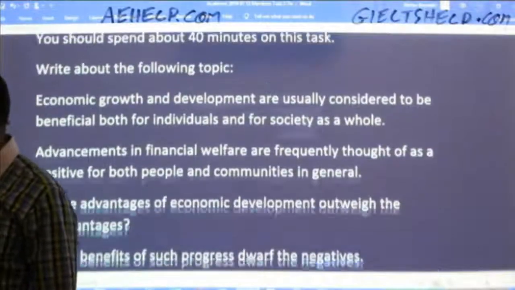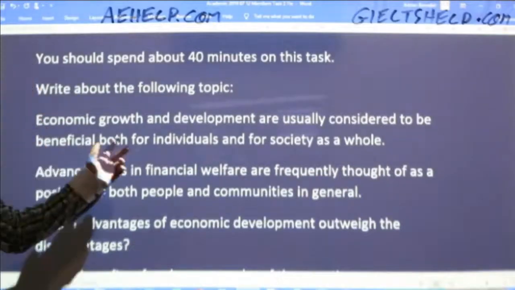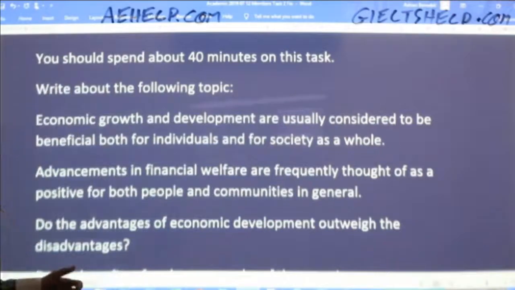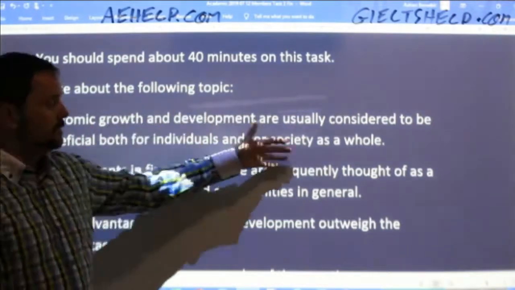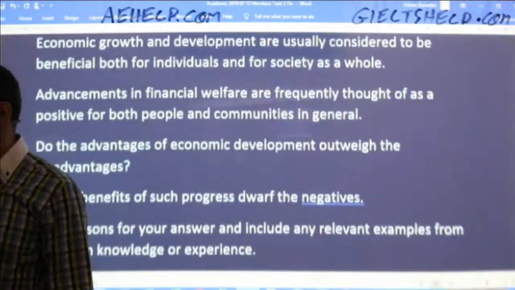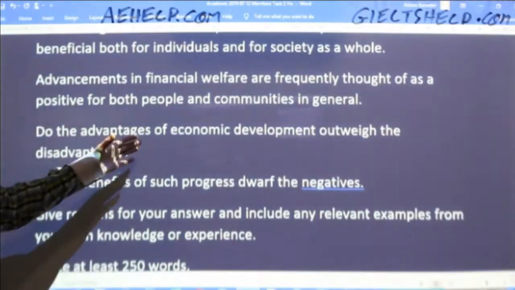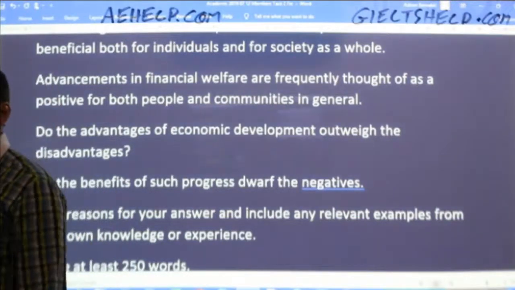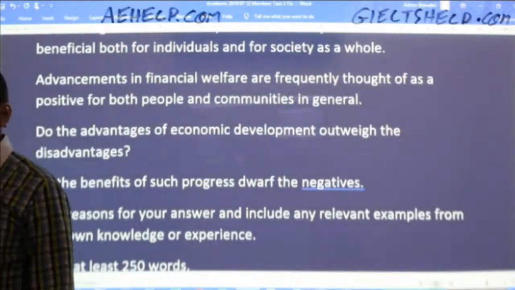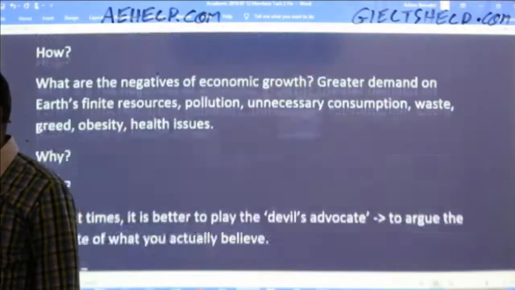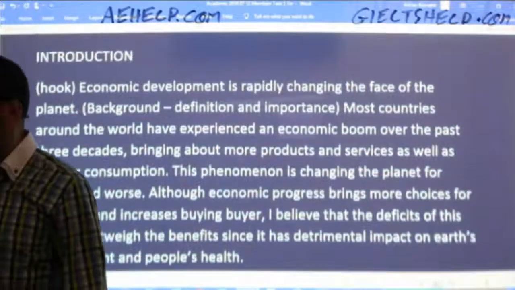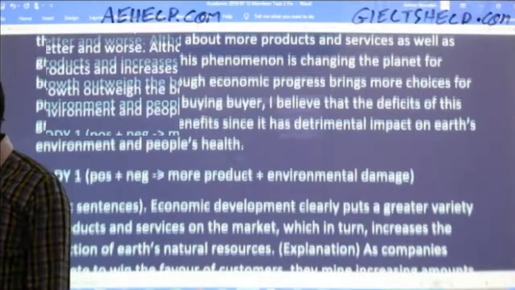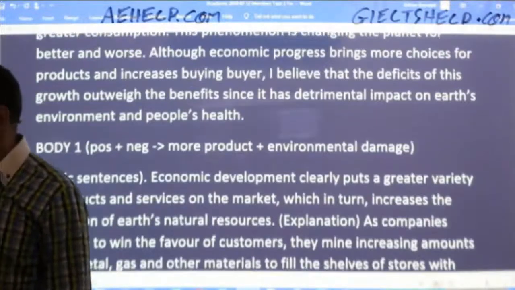So here we go. Read the question first. Economic growth and development are usually considered to be beneficial both for individuals and for society as a whole. Do the advantages of economic development outweigh the disadvantages? Okay. And then we have our introduction. Okay, we've already read that a couple times, so I'm going to skip over that all the way to the